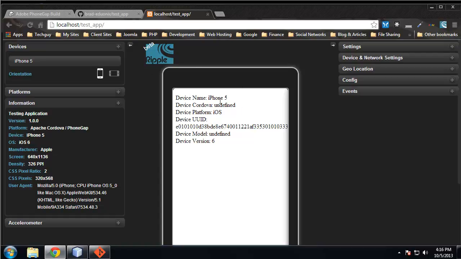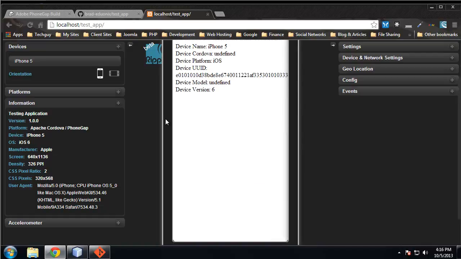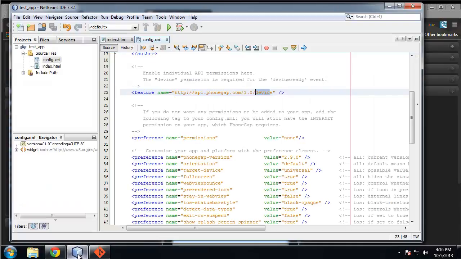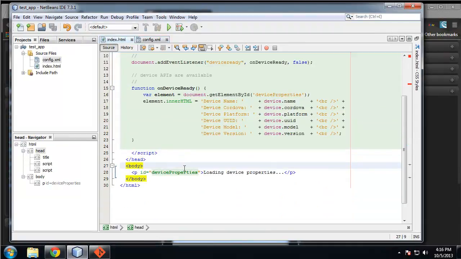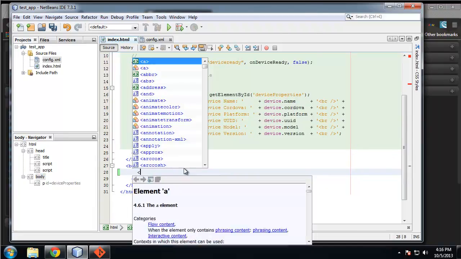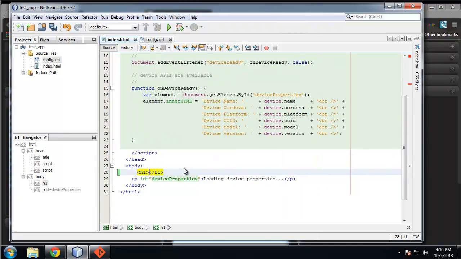So what I want to do is show you how to actually export this into an APK file and install it on your phone. So the first thing I want to do is just add a heading to the page. So we'll give it an H1 heading, and we'll just say my device info. So if we save that,